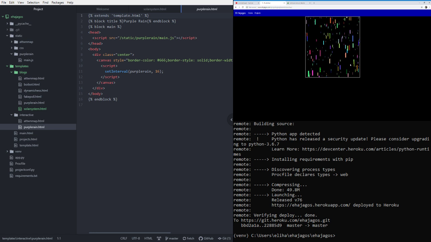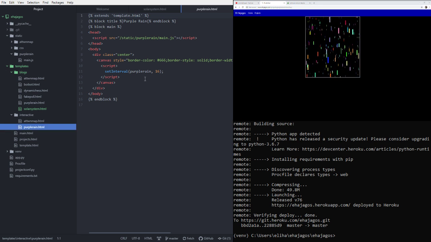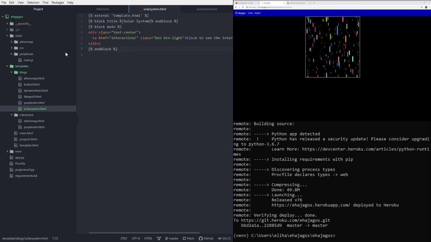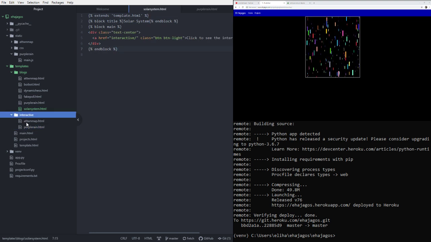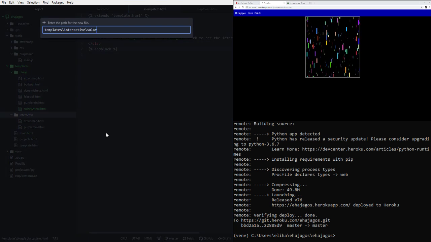Anyway. It's boring, guys. I did it. Now, we're gonna do some trigonometry. Some simple trigonometry. Absolute simple stuff. Anyway, I also have to make a new file, solar